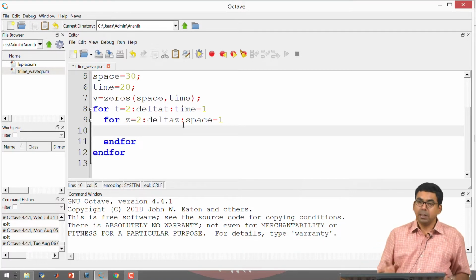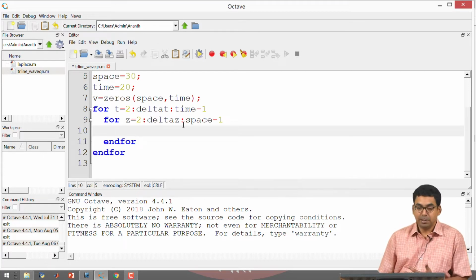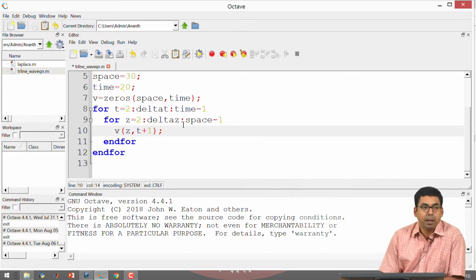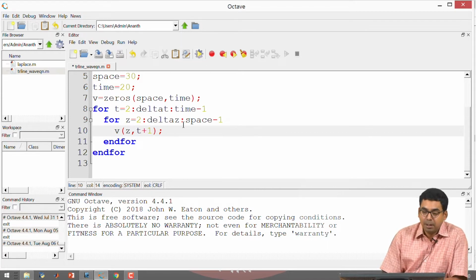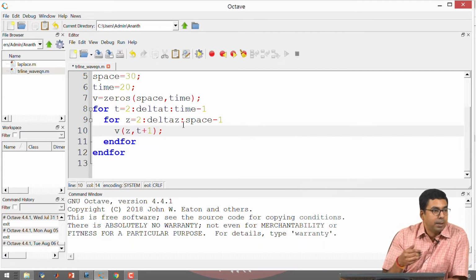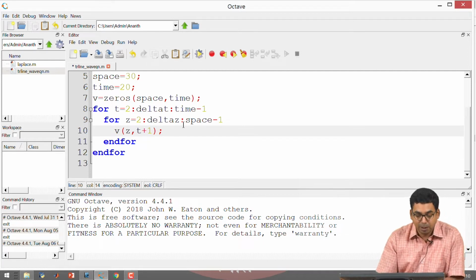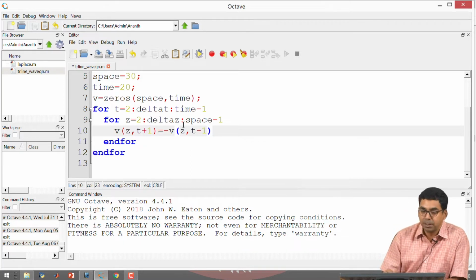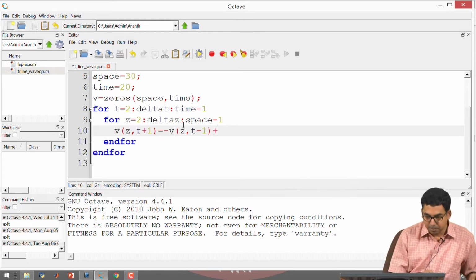Right. All I need to do is take the equation, now plug it into the form that can be easily programmed over here. So, I am going to have V of z comma t plus 1 is what I am looking for. So, instead of writing t plus delta t or t naught plus delta t, I am just writing the current instant of time is going to be t in this loop, the next instant of time is going to be t plus 1, right. That is all I am interested in finding. So, V of t plus 1 according to the equation what I have is minus V of z comma t minus 1, that was t naught minus delta t in the expression that we wrote, all right, plus 2 times V of z comma t